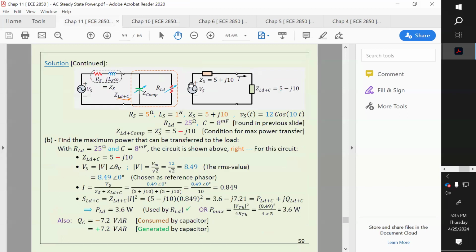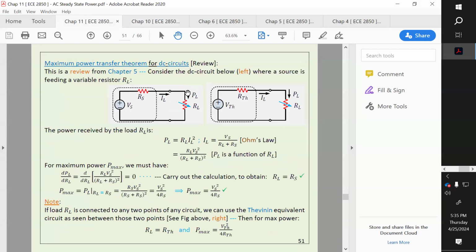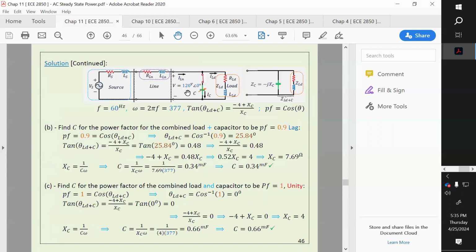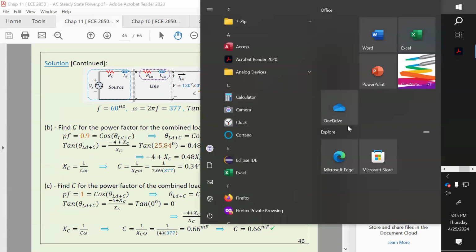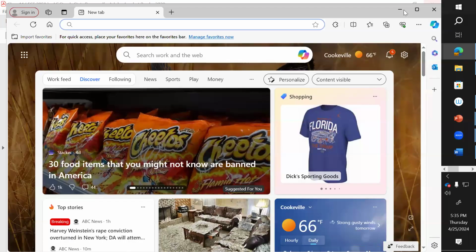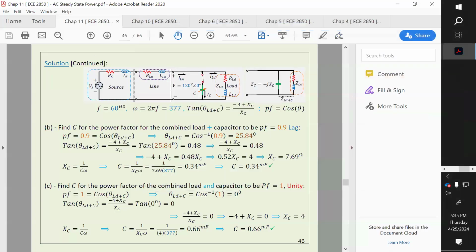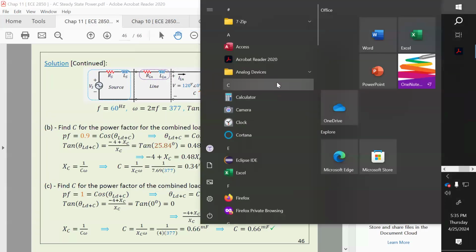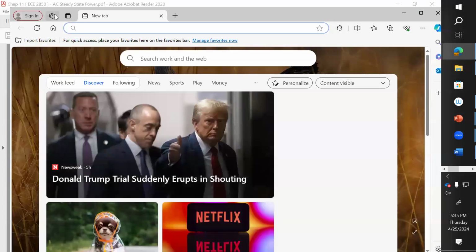Okay, let me remember. I want to do a different problem than what we have here. I don't want to repeat what I said here, I just want to give you a different example. That's why maybe I'm going to go to the question of